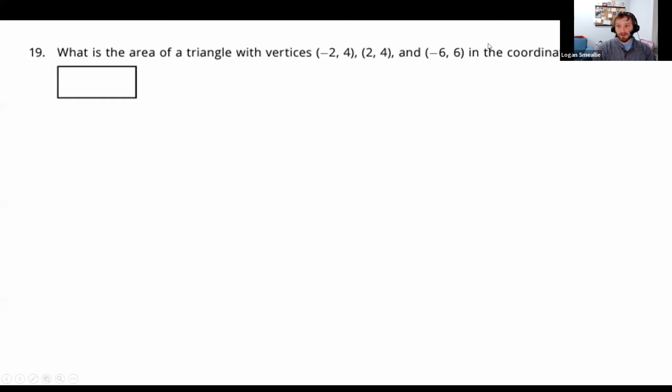In this case, it's not a triangle, but a circle. Excuse me, the opposite of what I said. It's not a circle, but a triangle. And they give us the vertices and they ask us for the area. And just like any other geometry problem, I immediately think, what's the area of that thing again? Oh, it's 1/2 base times height. And then I think, okay, I better draw this thing and figure out what the base and height might be.